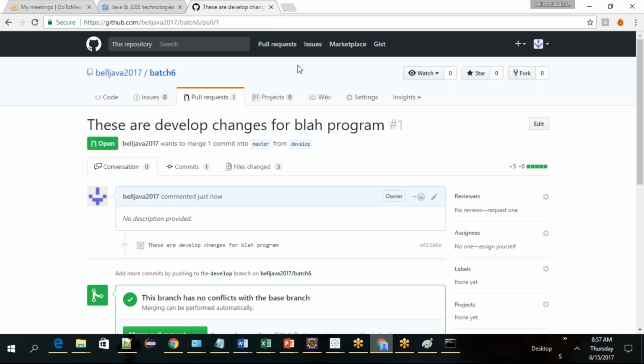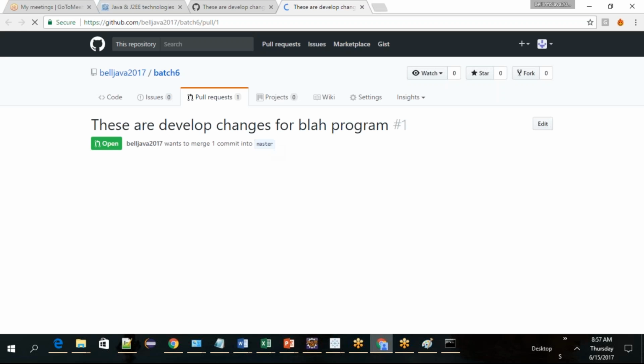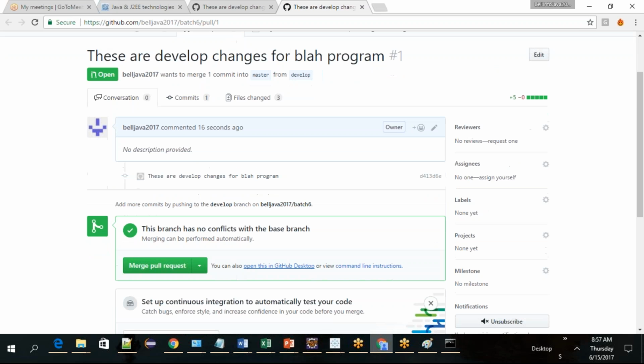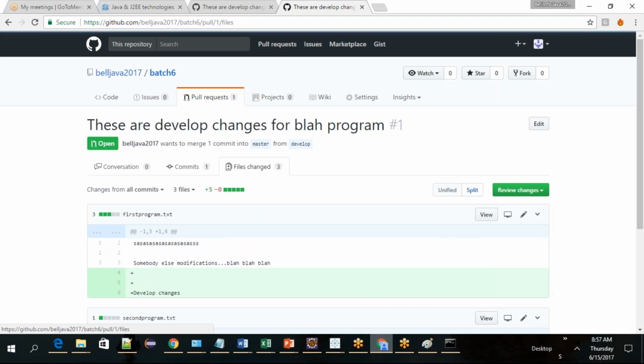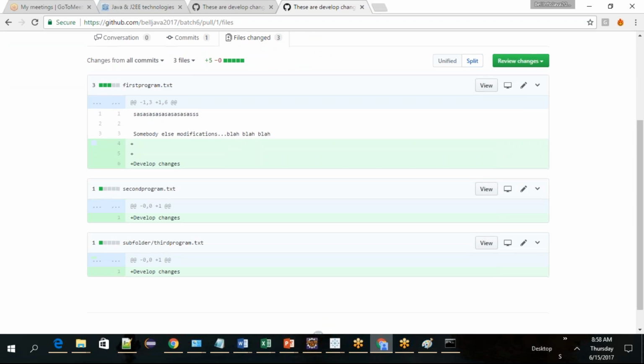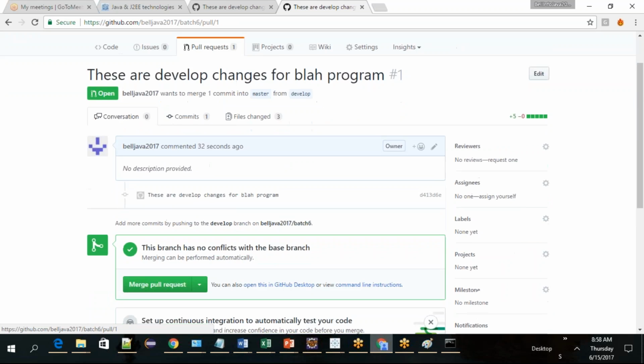When you create a pull request, this will be sent to everybody who registered for this pull request. If I go back and enter here, this is the pull request. You can see those changes. There are some changes, one commit. Oh, these are develop changes. What are the file changes? He is making changes in the first program, second program, and subfolder. Everything looks good, so let me go back to conversation, and he will say